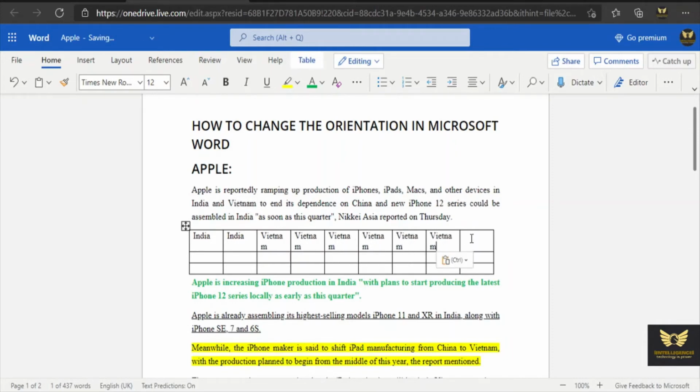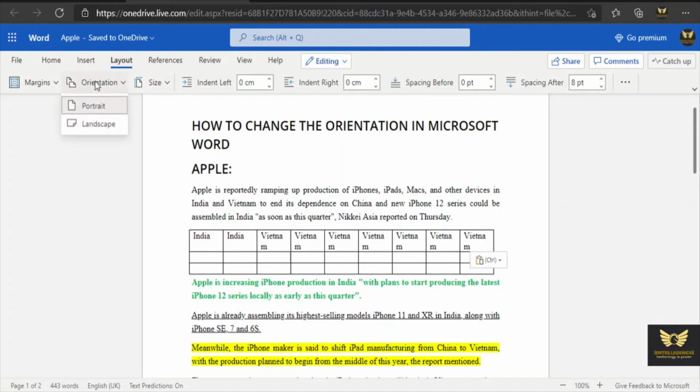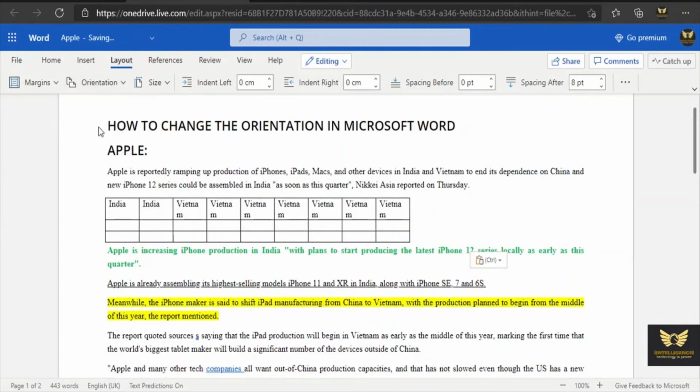See, some document that you are typing, you could not manage within this area. For example, in such cases, what you can do is go to Layout, go to Orientation, and change to landscape. So now you have enough space for the table.